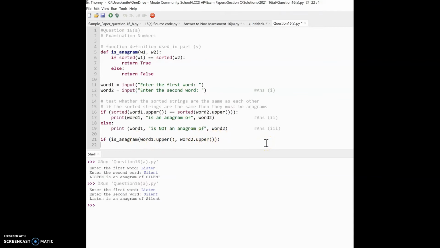So if that's the case, I want to, in my colon, print my word 1 is an anagram of